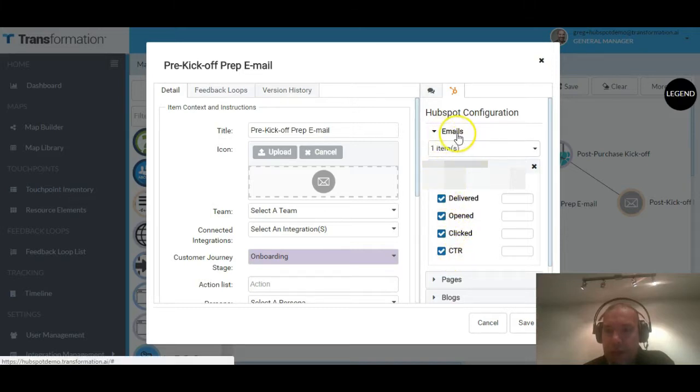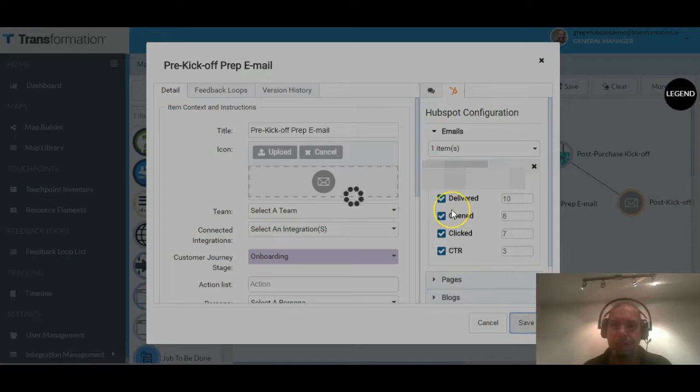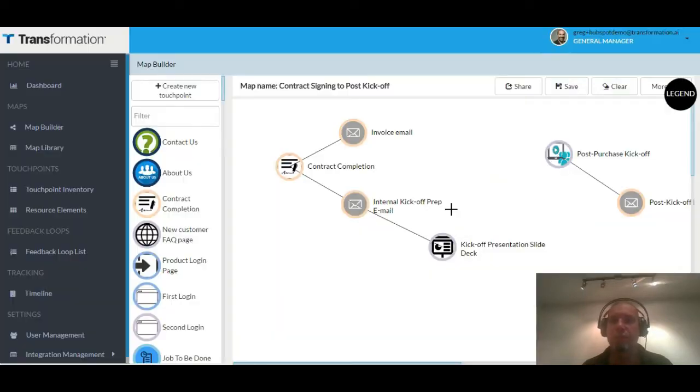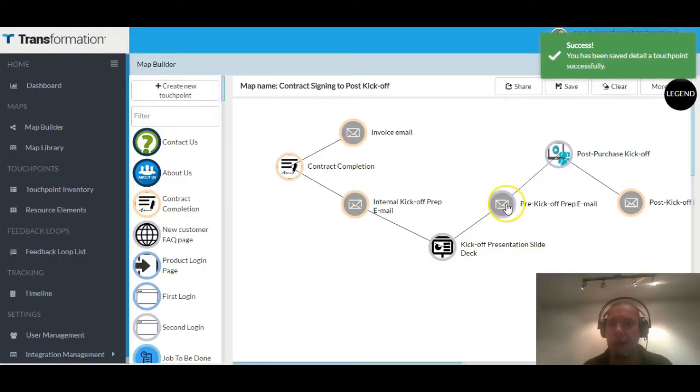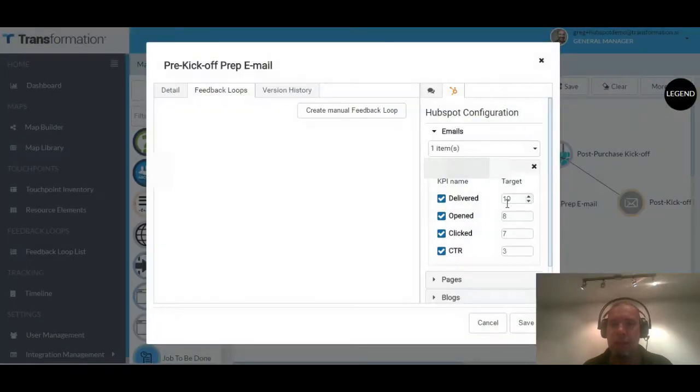In the case of emails from HubSpot, I can choose delivered, open, clicked, or click-through rate, and I can actually set a target for each. So I'm just going to select some random targets. Okay, and I'm going to then hit save. Now it's saved that, and I can go back and look at that, and it's going to take me to